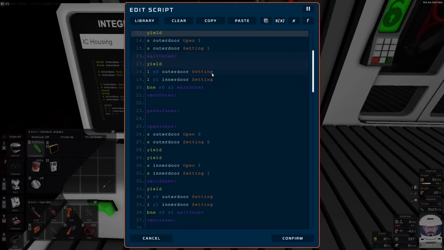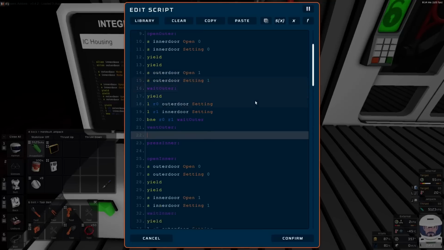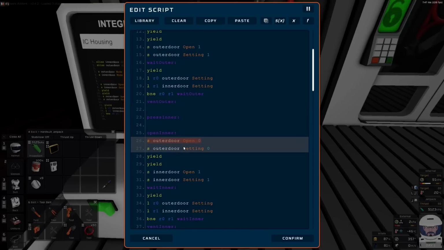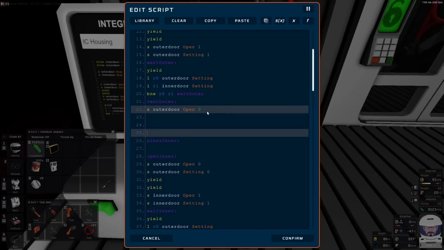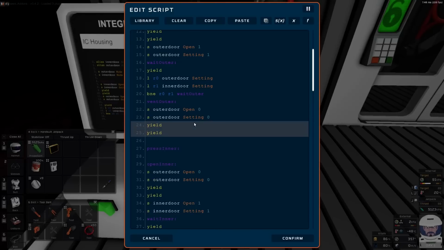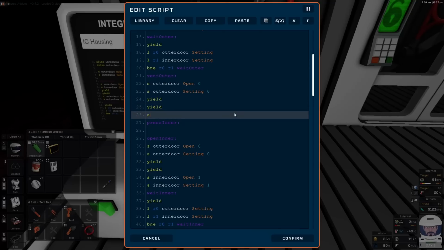Now, what we've got to do is vent the outer. So we shall need to close the doors. Right. So we're venting, we've got the inner door open, we want to vent the outer. So what we're going to have to do is actually vent that out here. So I shall need to copy you, and I shall want the yields in there because we've got to wait for the door to close. Right. Push the button, we close the door, wait for the door to close, save,